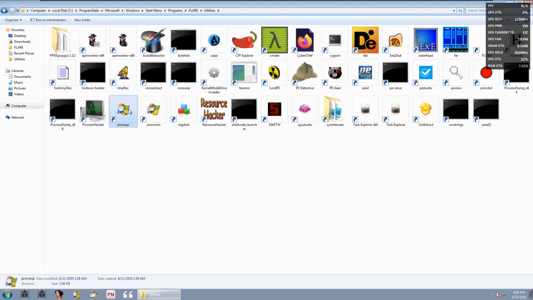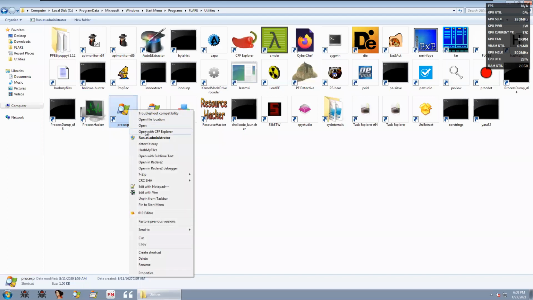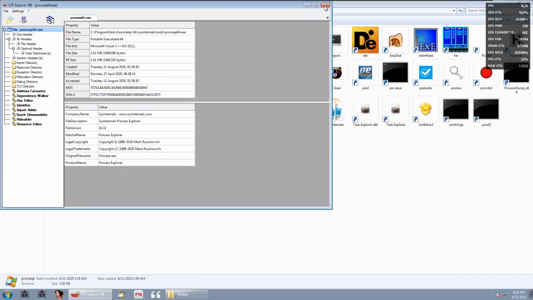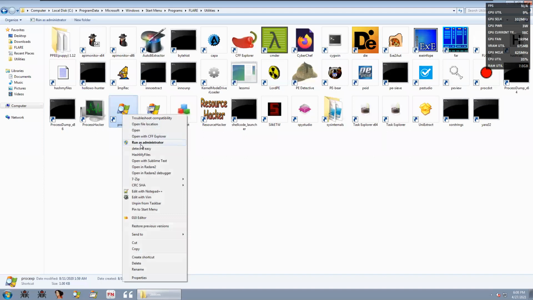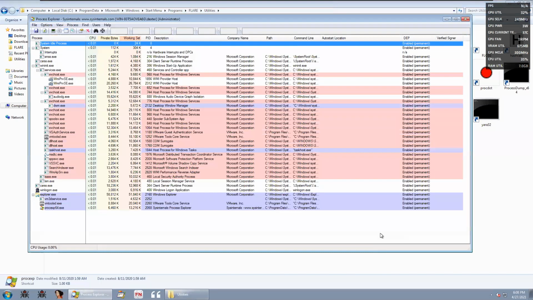Here it is, Process Explorer. Run this with admin privilege. Okay, this is Process Explorer.